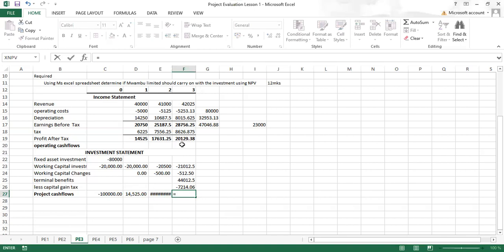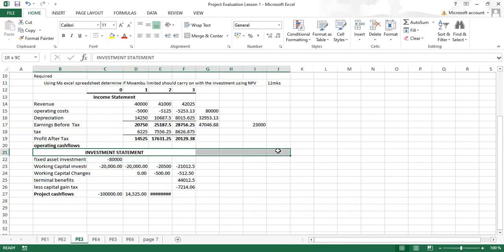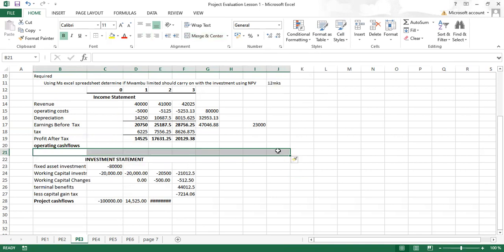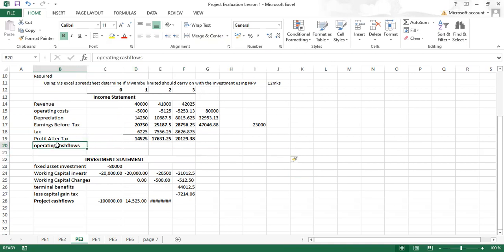But no. There's no one to tell me that we are doing a mess here and we didn't add depreciation back. Yes. We didn't add depreciation back. You can press that one, then Control Shift plus, then you move the cells down. You come here, you Control X, you do Control V, you come add the depreciation